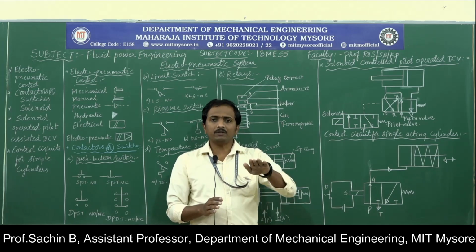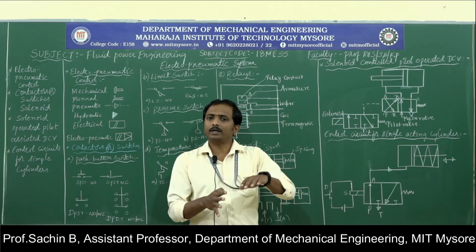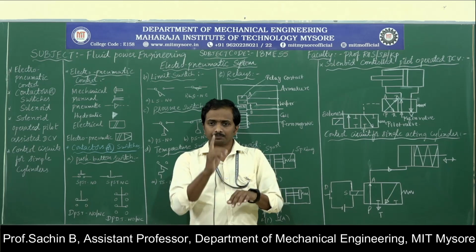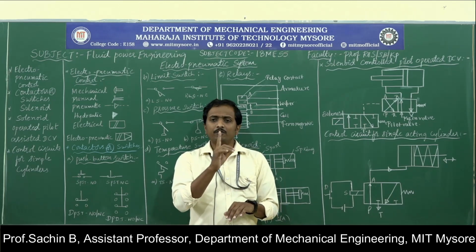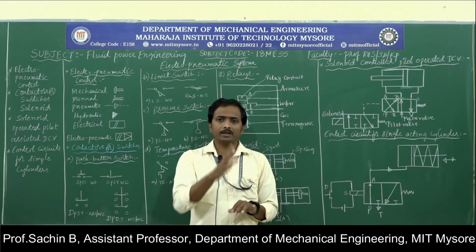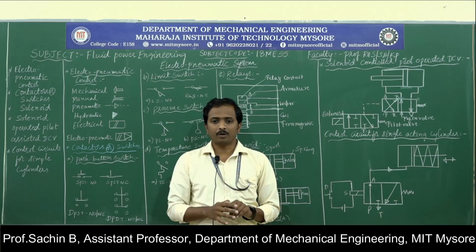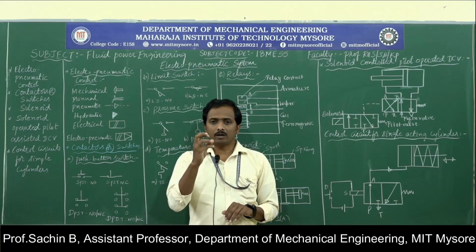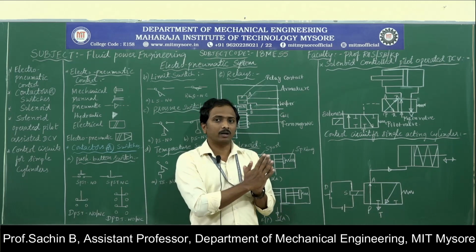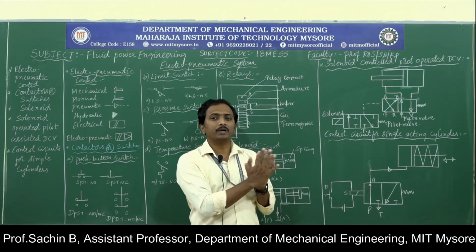Means for that main valve, we are connecting one more pilot operated valve. Through the actuation of that pilot operated valve, the main valve gets the supply, due to which the cylinder retraction and extension or any type of operation can be performed. Means pilot operated valves are used for creating a larger force in many applications. For that purpose, we are using pilot operated valves assisted with the main valve.